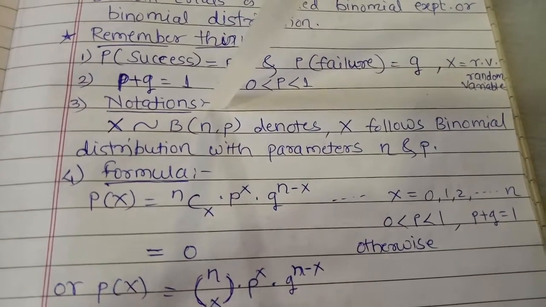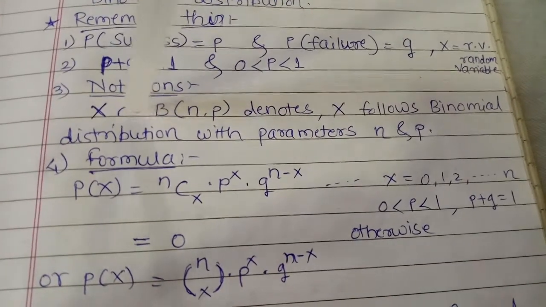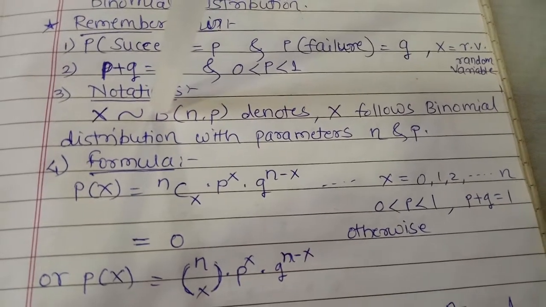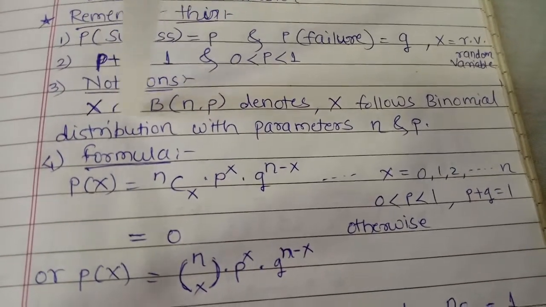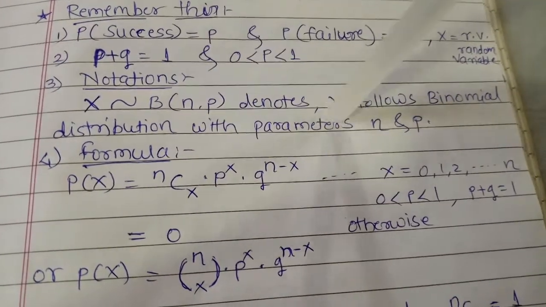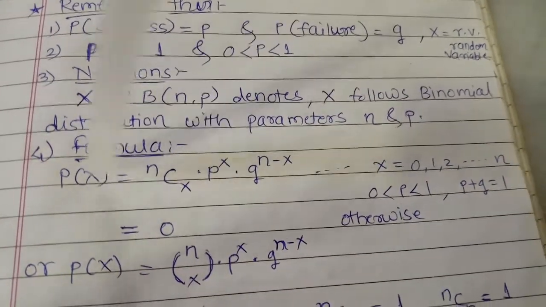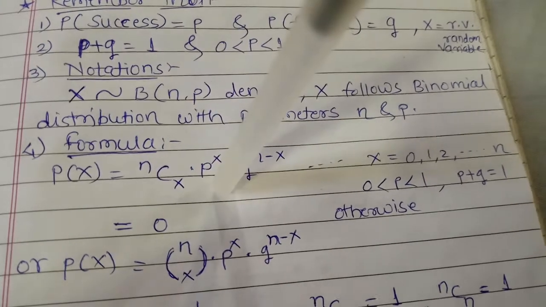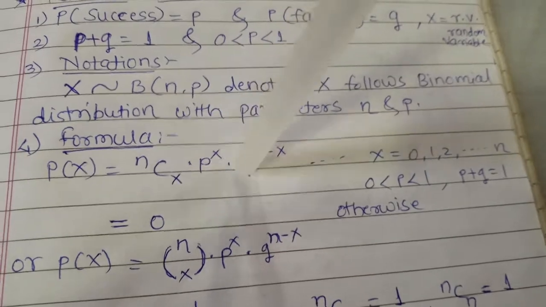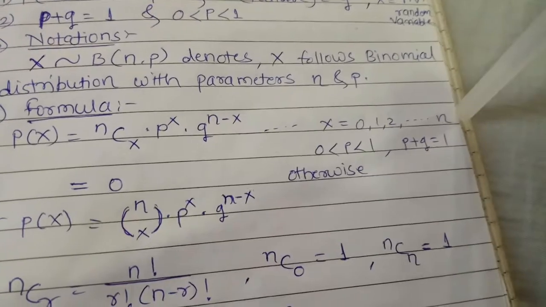Now the notation: X follows. Instead of the similarity sign we can also write an arrow, that is X follows B(n, p), which denotes that X follows binomial distribution with parameters n and p. The formula is P(X = x) equals nCx into p raised to x into q raised to n minus x, where x is 0, 1, 2, up to n,